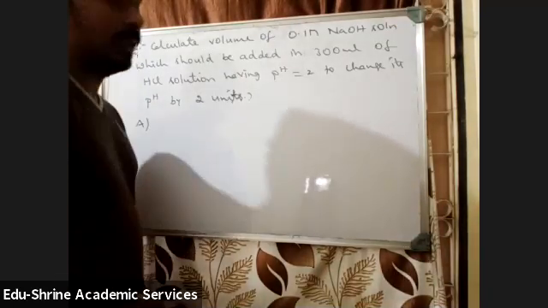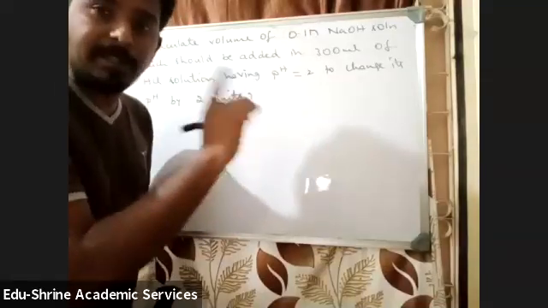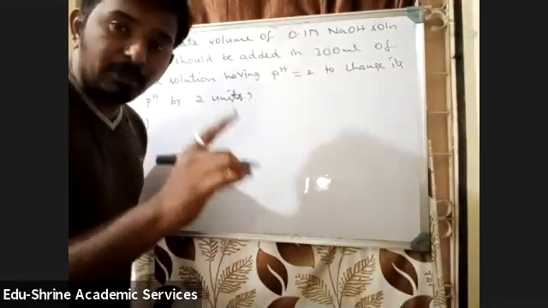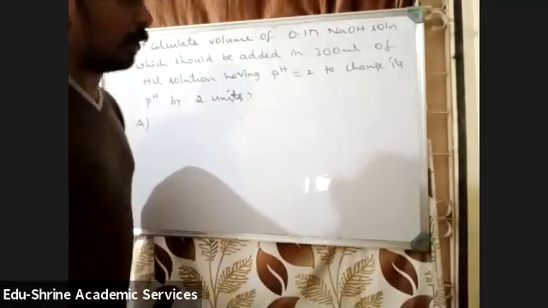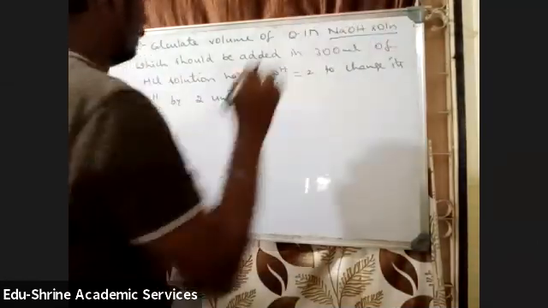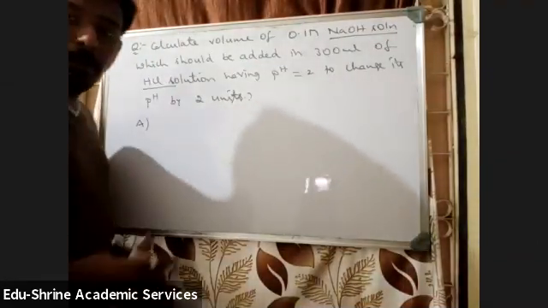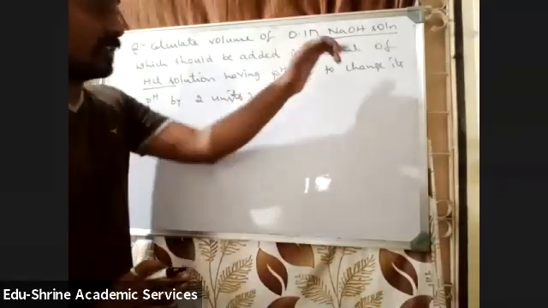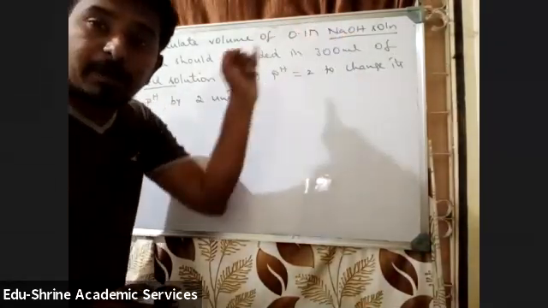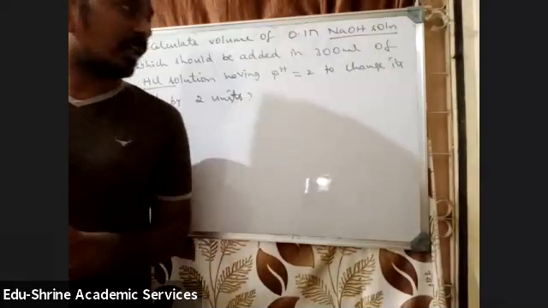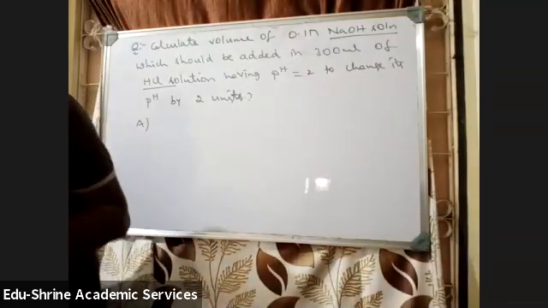Solve, friends, carefully. Whenever you find the question is from ionic equilibrium, you need to check which concept it belongs to. So one base is given, one acid is given, no Ka, Kb values are mentioned. That means it is a case of strong acid plus strong base. So use your logic and answer the question.